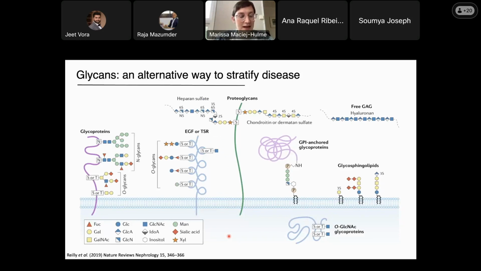So in this field, glycans we know is an alternative way to stratify disease. We know that they are highly heterogeneous, and we know that there are many classes. Almost every protein has one or more post-translational glycosylation modification. And this involves the addition of glycan structures after the proteins, or during the proteins being made, and also afterwards. Glycans are broadly classed into N-linked, O-linked, and glycosaminoglycan GAG families, each one with one or more subfamilies based on their linkage structures